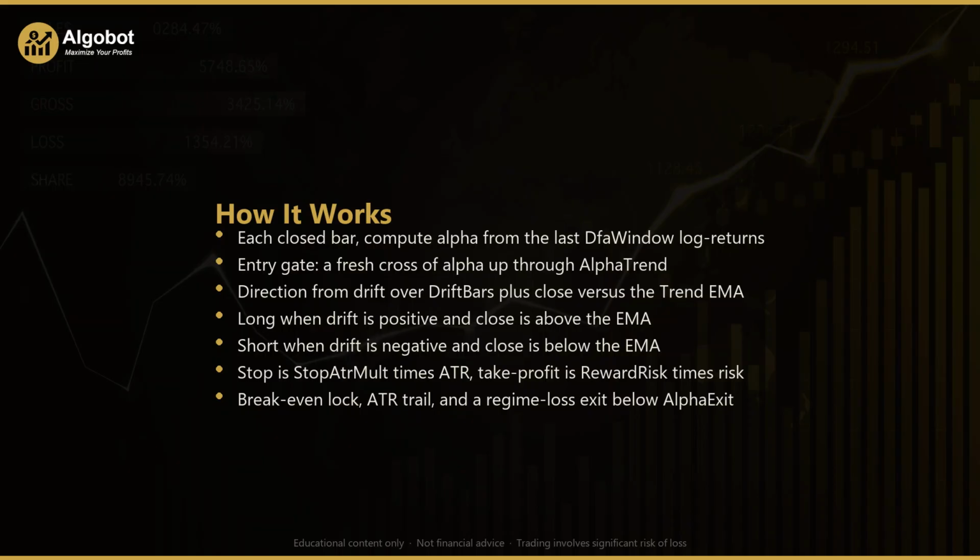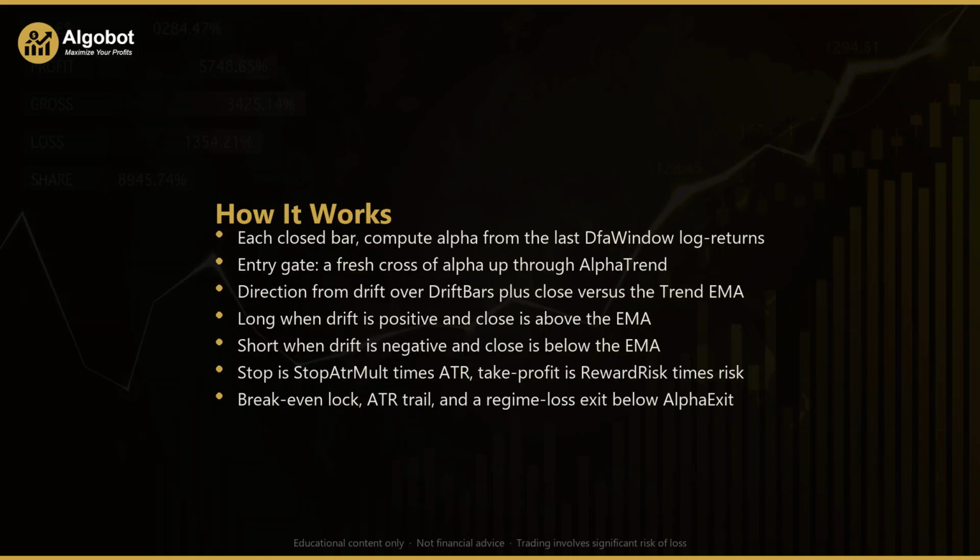Now for the entry. The strategy does not trade simply because alpha is high. It waits for a fresh cross, the exact bar where alpha moves up through the arm level called AlphaTrend, which defaults to 0.55. That crossing moment is when the market's memory is described as switching on. Requiring a fresh cross, rather than just a high reading, keeps the expert advisor from piling in late into a